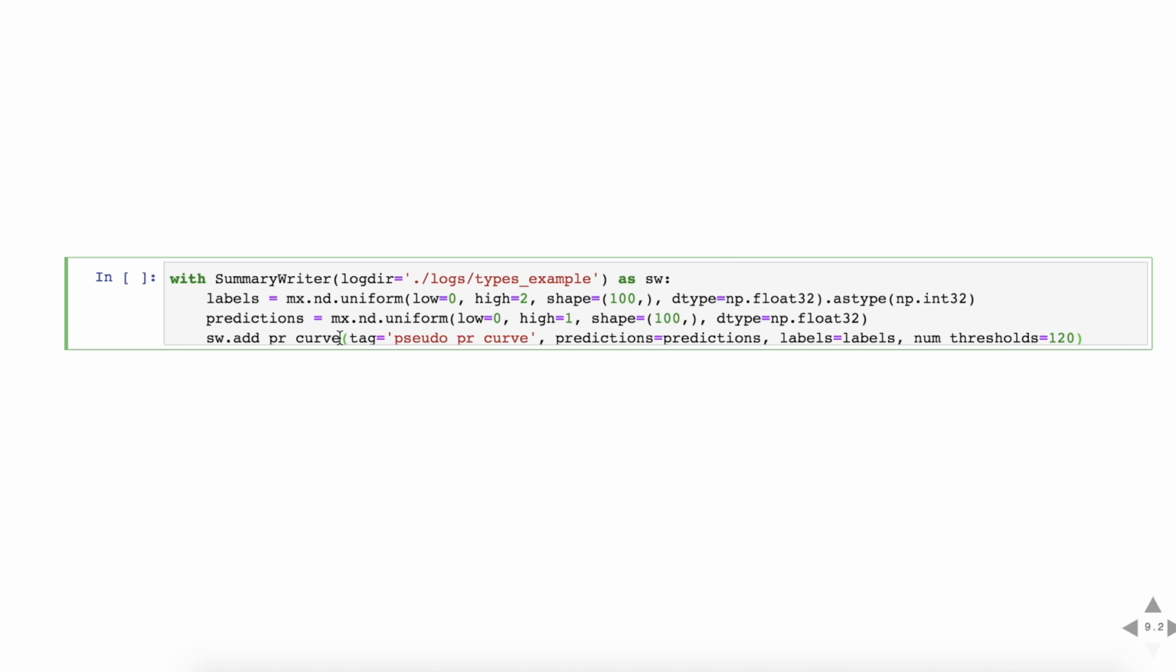The PR curve needs two components. The first one is the predictions itself and then the labels. The predictions are returned from the model, but in this case we're just randomly creating some predictions, and we have 100 samples that we're predicting against. The labels also in this example are randomly generated, but for your own machine learning model you will have labels and predictions. So you provide both of those to the add PR curve method, both of which will be ND